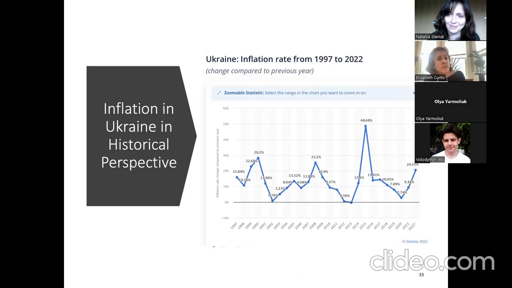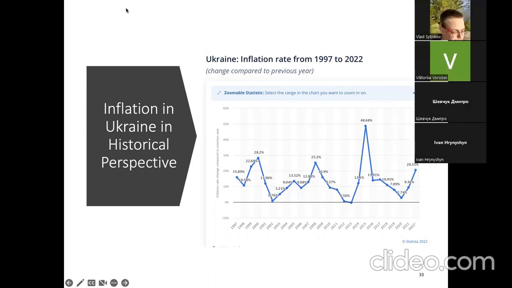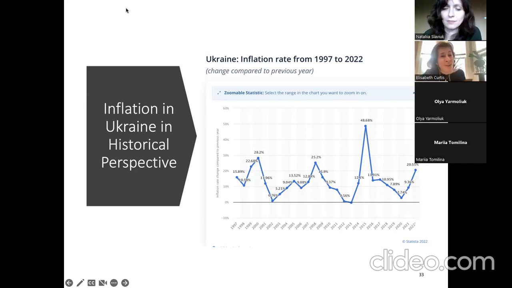I have a feeling that at least some of that, my slide. Great. So I think that I'm going to give credit to the National Bank for some of the ability to bring inflation down. I'm going to give them credit. I'll ask my friends there if that was the right thing to do, to give the National Bank of Ukraine some credit for lowering inflation in that 2016, I'm pretty sure I'm right about that time frame. So I was going to say, let's do a thought experiment. Let's look at this data. I know to be technically correct, we'd have to look at a lot of other data,